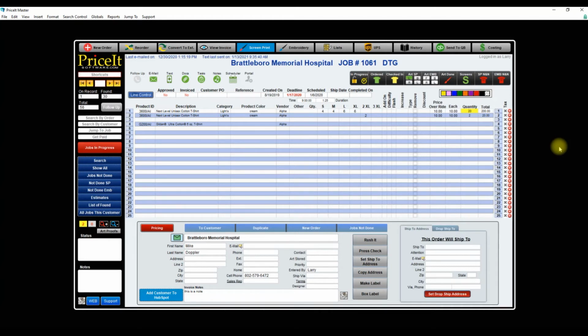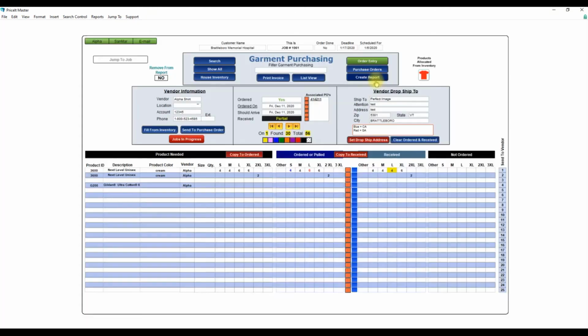So that's your art proofing, the bidirectional artwork proofing, and how that works. The next thing I want to show you is push button garment ordering. Basically the way this works is, if we're going to go to garment purchasing, we're going to create a report,